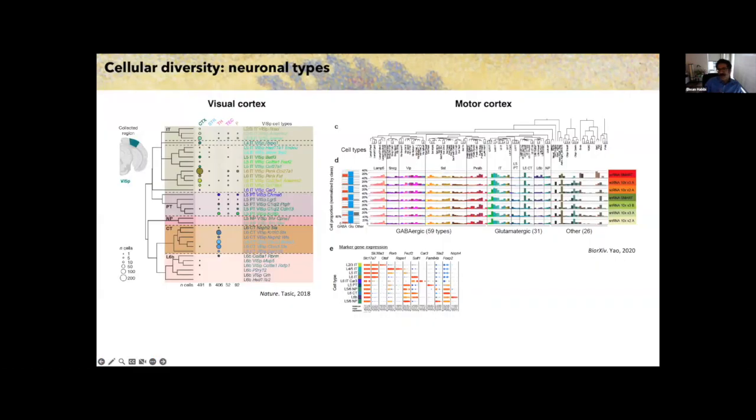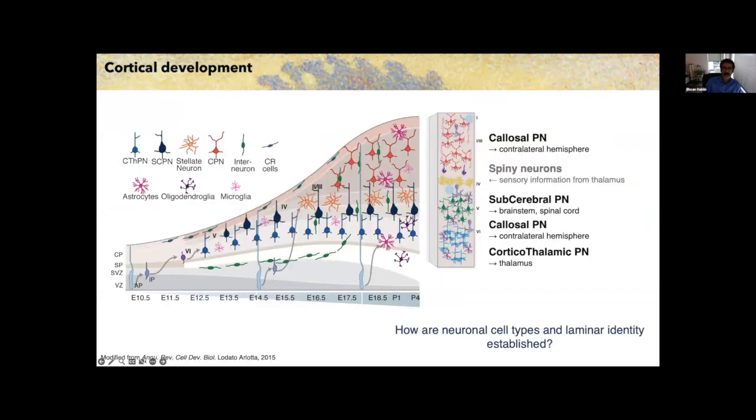Over the past decades, and specifically over the last few years, there have been huge efforts on characterizing and understanding the diversity of neural cells, specifically in the adult cortex, via different consortia like BICCN, the Brain Cell Atlas, and the Human Cell Atlas, using single cell transcriptomics. But we know that the cortex is a very unique organ.